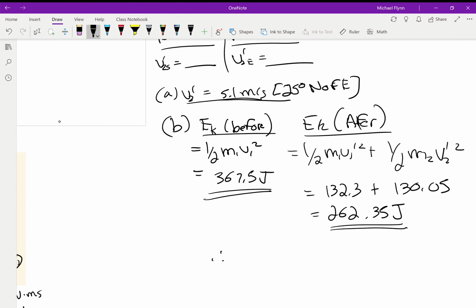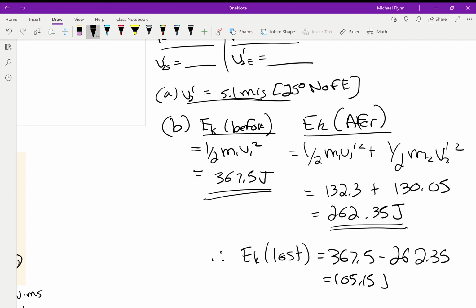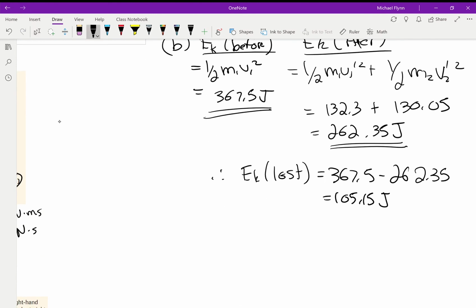Therefore the EK that's lost is equal to 367.5 minus 262.35. Let me work that out. I get 105.15, and that's how much was lost